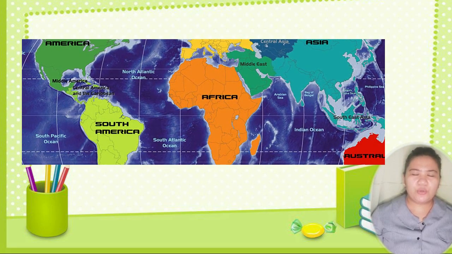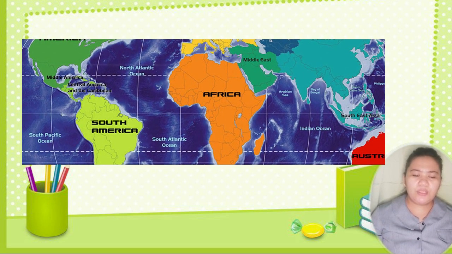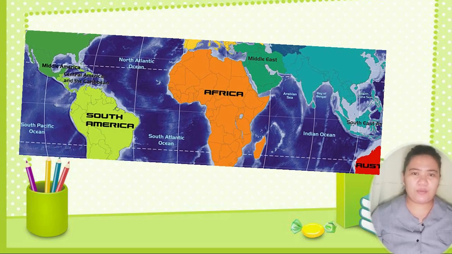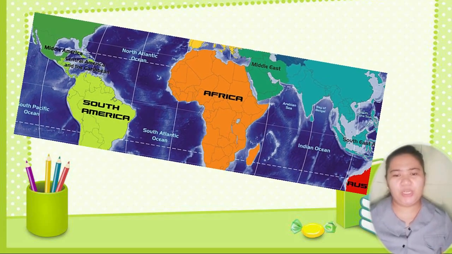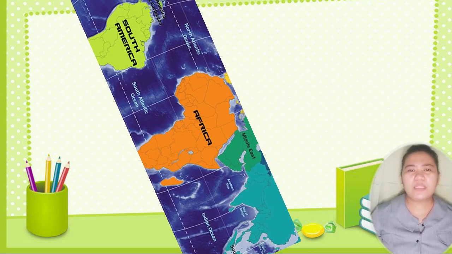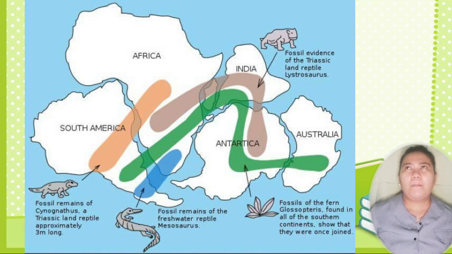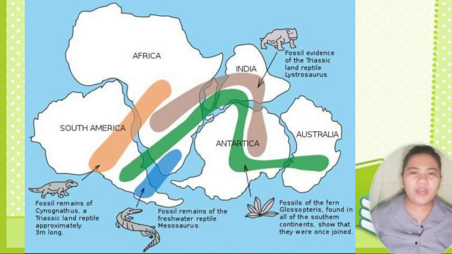Alfred Wegener questioned how this particular reptile could travel from South America to Africa with no period of resting at all. It would be very hard for this animal to travel through these two separated huge continents. So he proposed that, in the historical period of the Earth, while it was still developing,